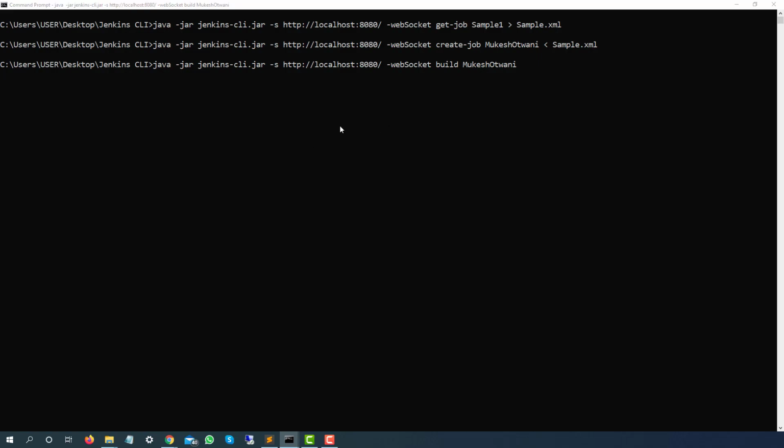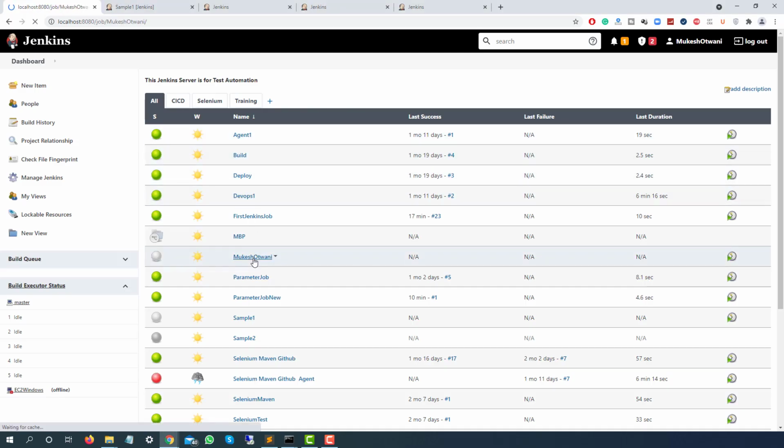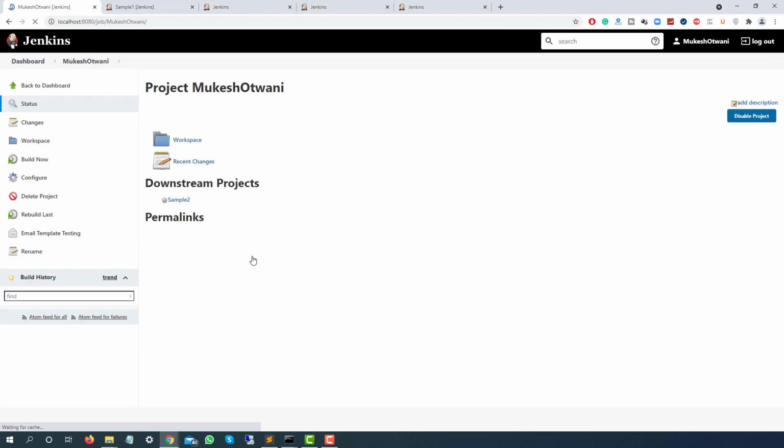And it will simply start building this job. Fine. Now the next command that I want to show you is how you can delete the job so that you will have a clear picture, right? But I want to show you this now with authentication, because right now, if you remember, what we did, we went to the configuration and we changed the settings that anybody can do anything, but in real time your Jenkins server will be secured. So in order to execute this CLI command, you need to pass certain authentication that I will show you now.